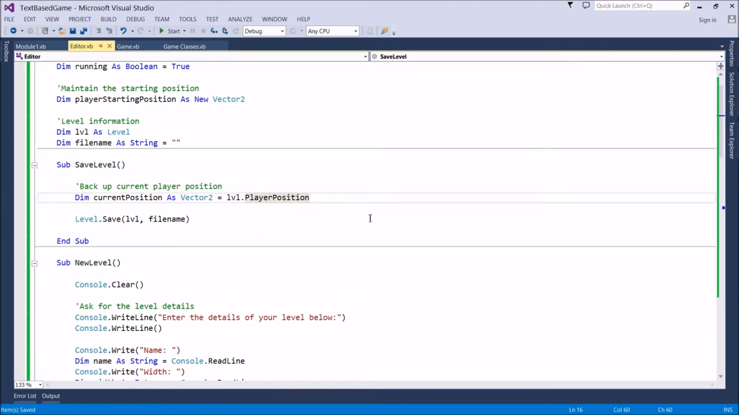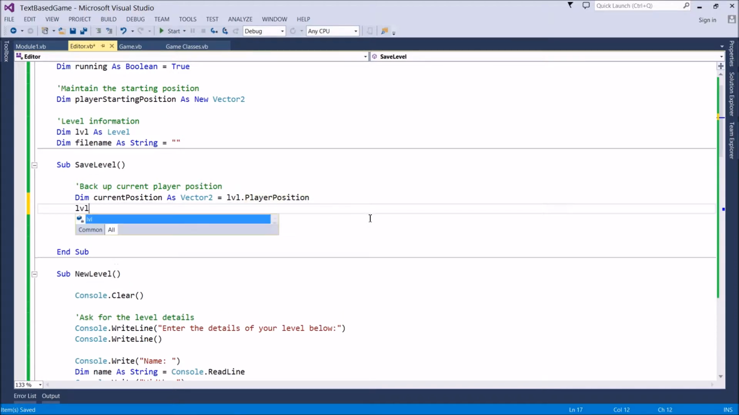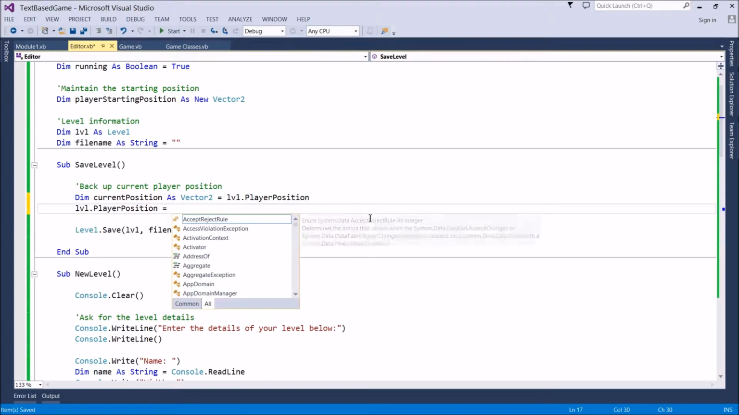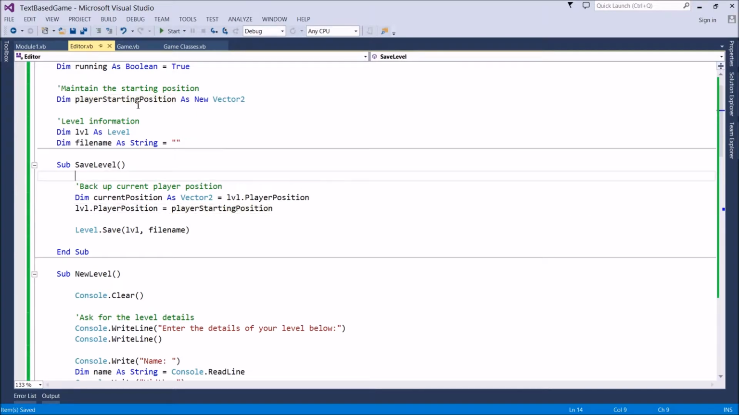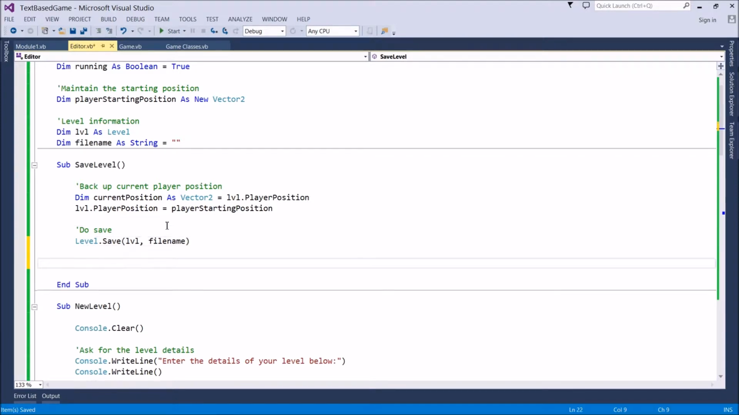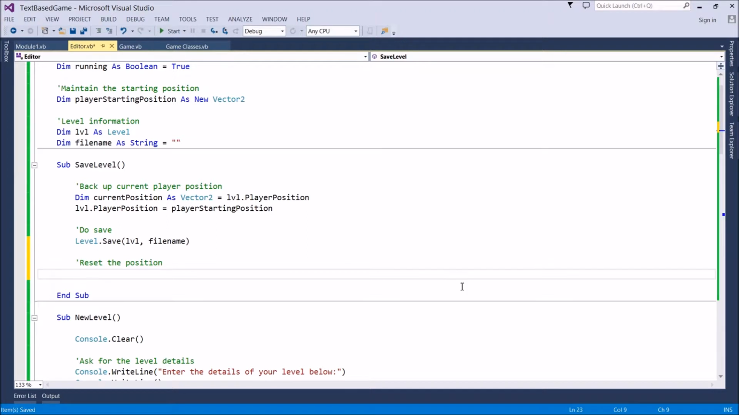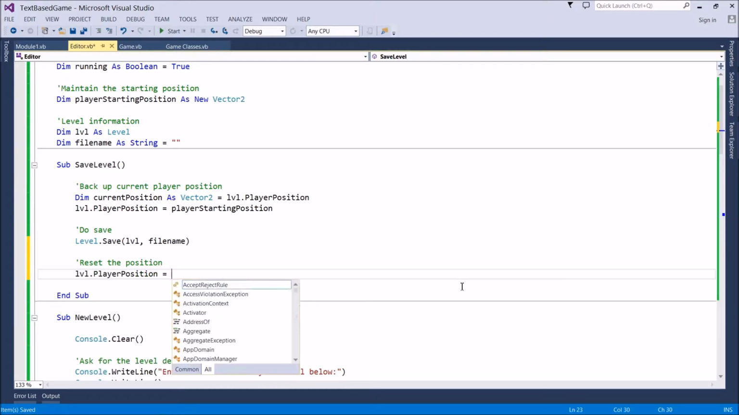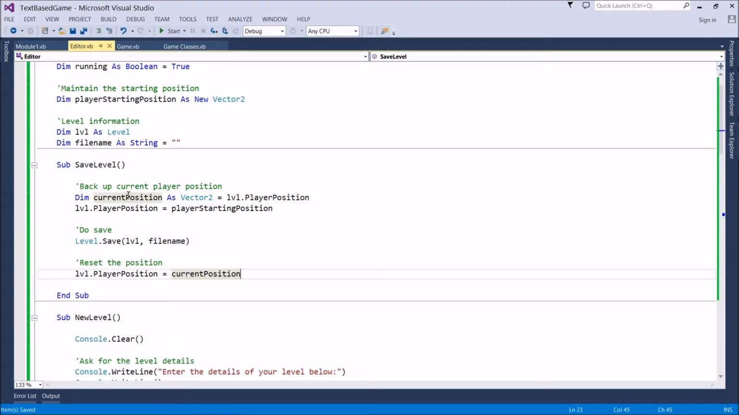All right, we're then going to use the player starting position. So player position equals player starting position. So we're finally grabbing this guy and jamming him inside the level. We then save, and then we reset the position back to what it was. So you go level player position equals current position. So we grab out the current position, replace it with the starting position, save it, and then revert it back